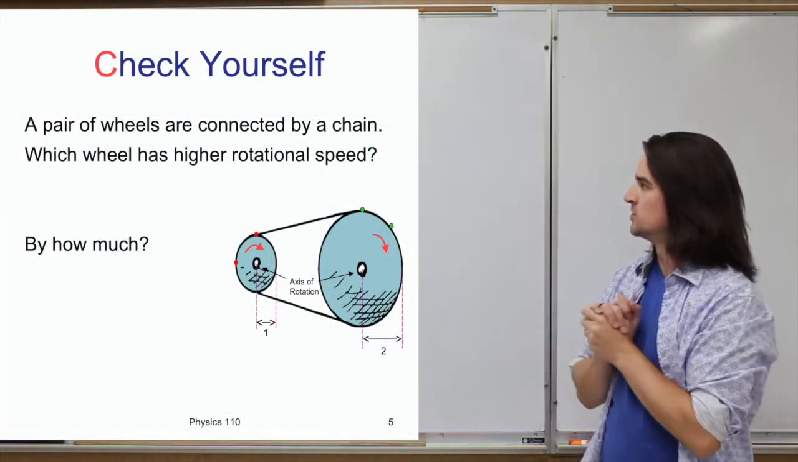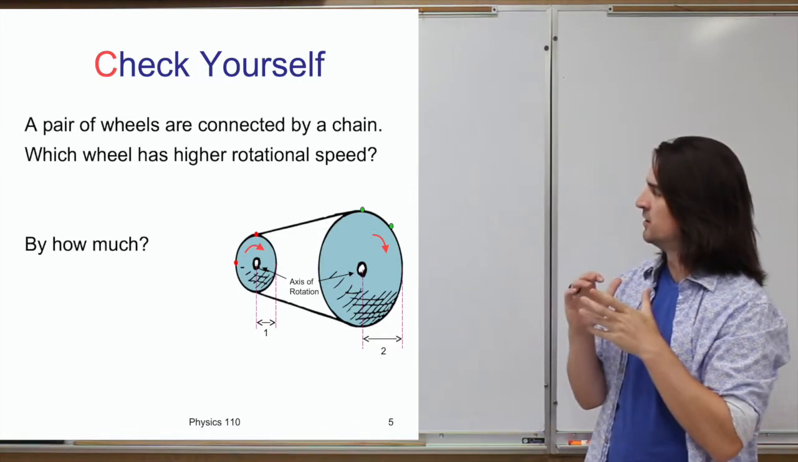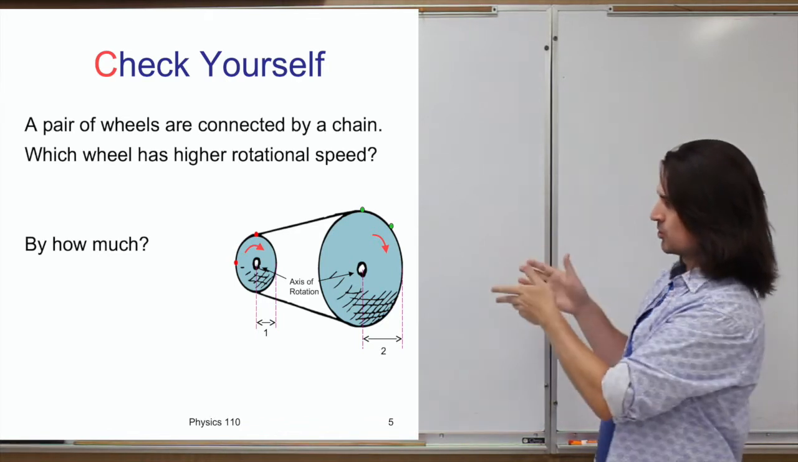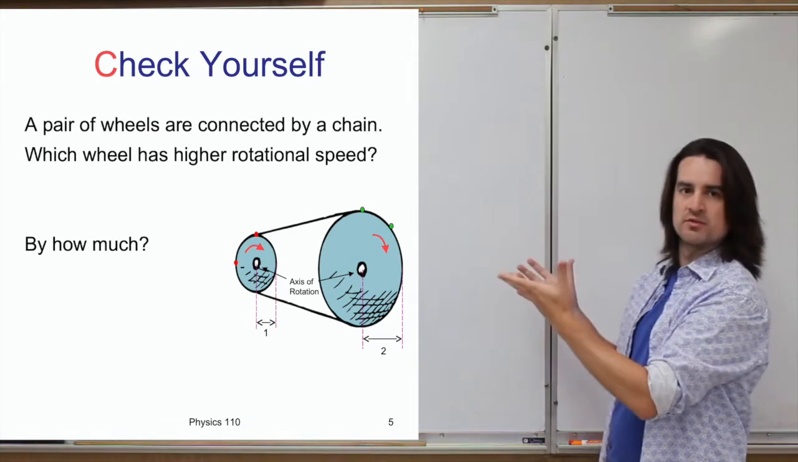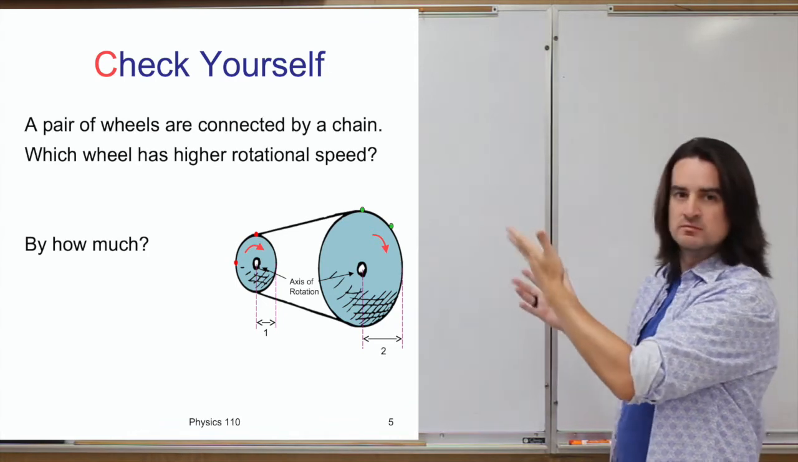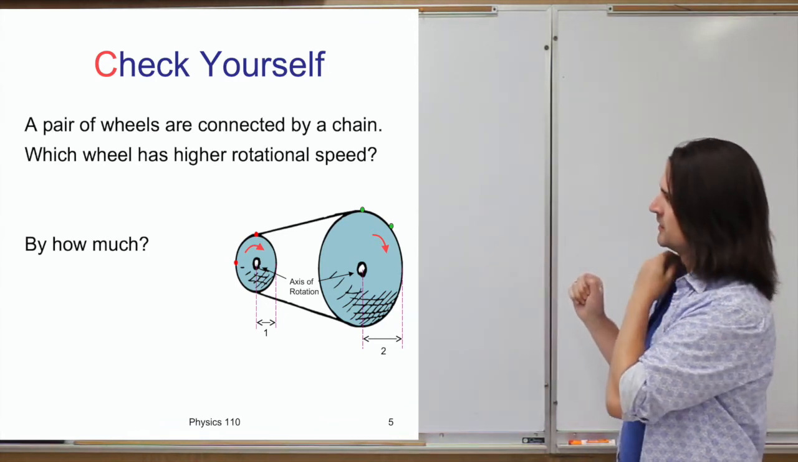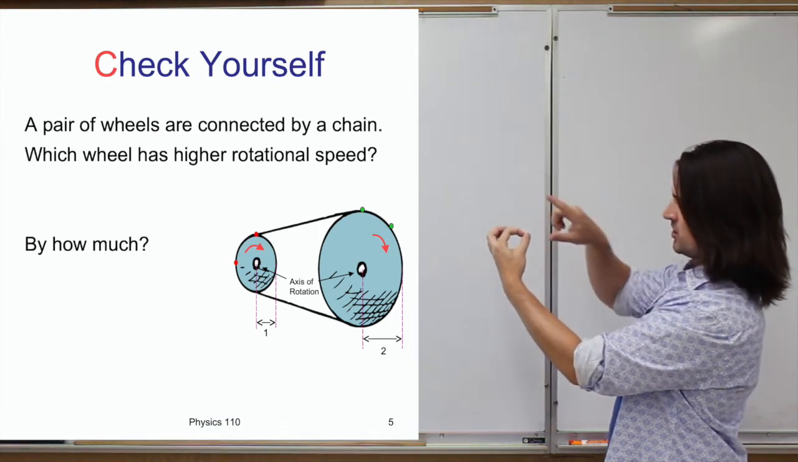Okay, so let's try a little question having to do with rotational speed. Consider these two wheels, or whatever you want to think of them as, gears or something. Maybe like two gears on a bike, and they're connected by a chain here. So these two gears, one's small and one's large. They're connected by a chain,